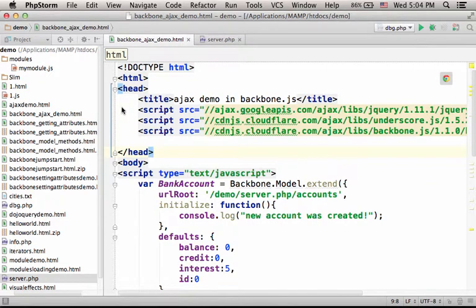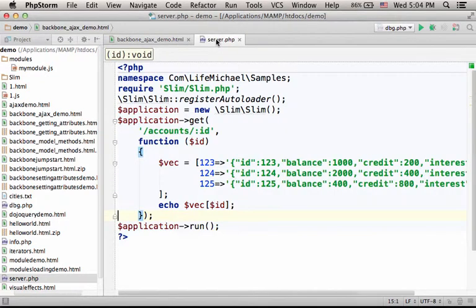This code sample includes two files. We have a file in PHP running on the server and provides us with a RESTful web service. This small implementation of a RESTful web service uses the Slim framework. If we try to send an HTTP request to this server.php file with a URL address that ends